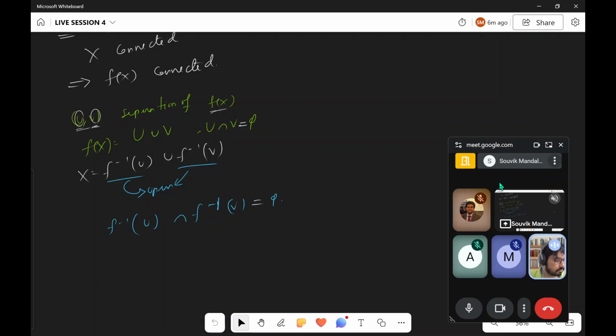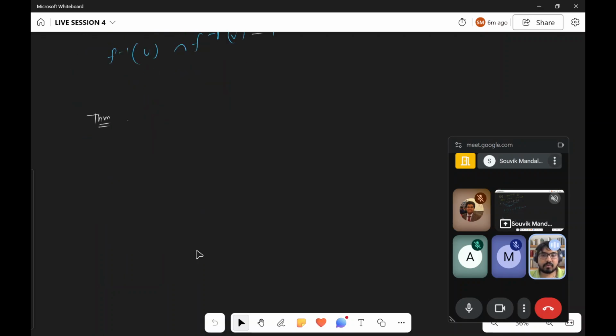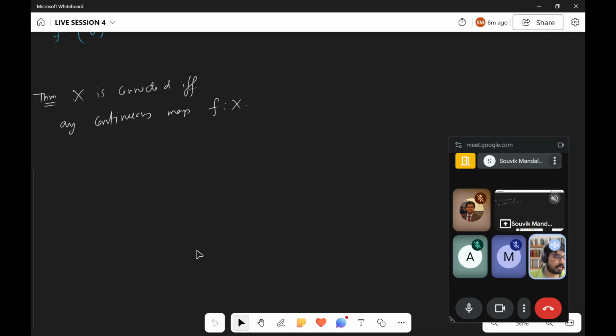Then the next theorem tells that these are all if and only if statements. Space X is connected if and only if any continuous map f from X to